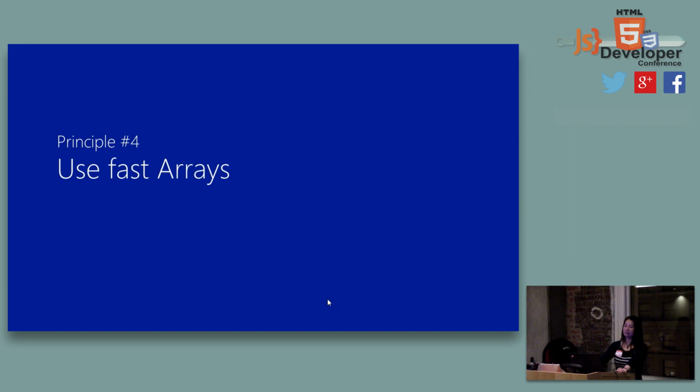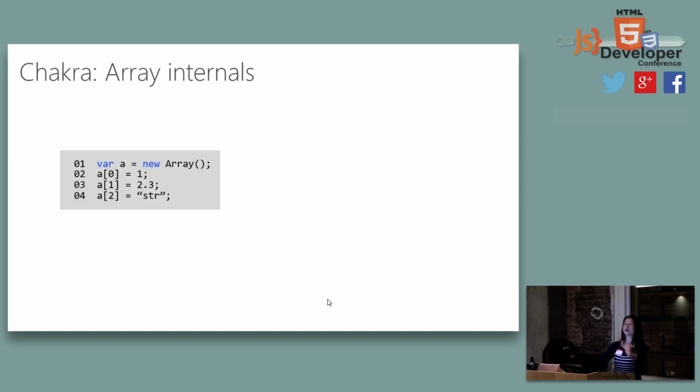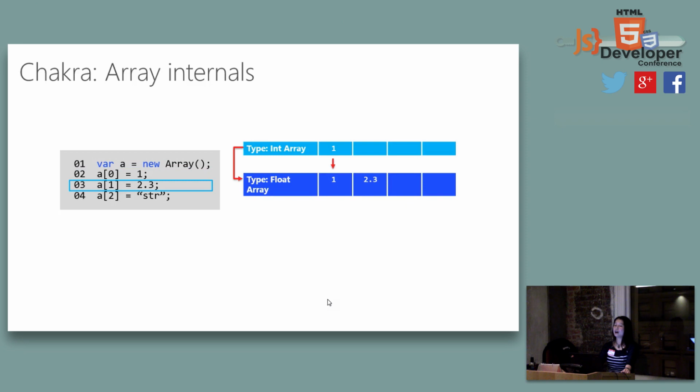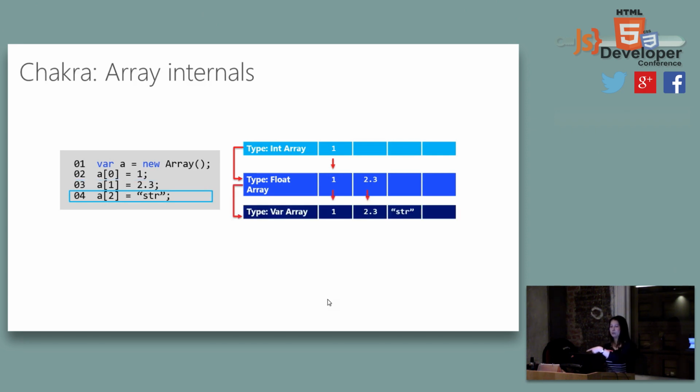A related thing to that issue is the arrays. We use array a lot. How many of you never use array? Okay. So we use array a lot, and we know it pretty well. What you may not know is when you use array and do initialization, you are creating a lot of what we call object types in the engine. For example, your first element is 1, and then it's going to be a 2.3, the floating point. Then it's going to be a string, sorry. So it's actually allocating all those different types progressively when you go through this list, all right?